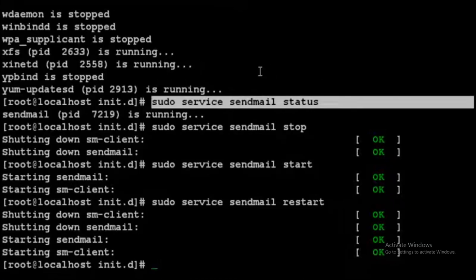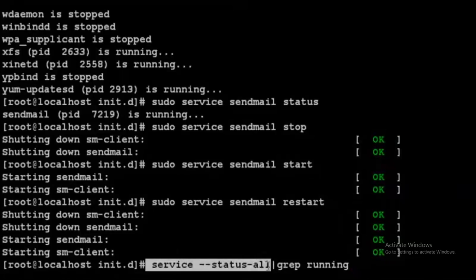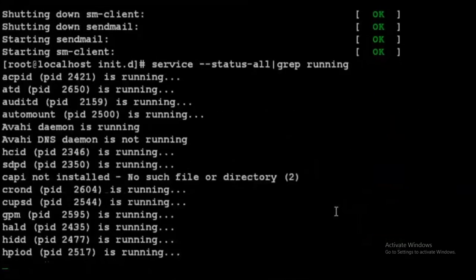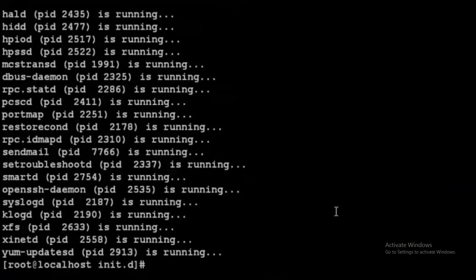So we have learned three commands: status, stop and start. The rest of the command part is the same: sudo service sendmail status to check the status, and for whichever service you want to stop, you use sudo service sendmail stop, then sudo service sendmail start, and restart. Next is service --status-all, then the vertical bar, which stands for